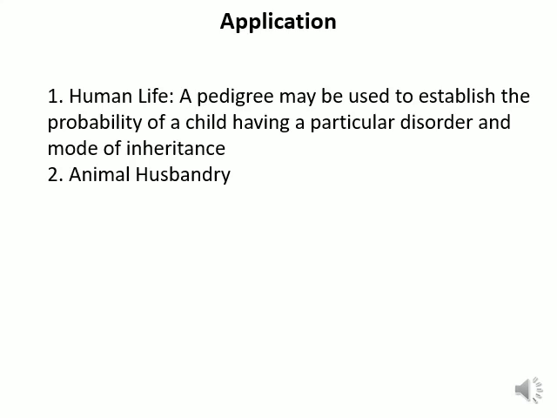Thus the disease can be eradicated from the family by consulting a doctor, so that a person with the disorder can think of marrying a person having no disorder. So genetic counseling will help to get rid of the genetic disorder. And second, in animal husbandry, it is widely used to produce good hybrids, which will give good productivity and disease-free hybrids. Thus, the pedigree chart shows the mode of inheritance and how to find out the inheritance pattern of the disorder.